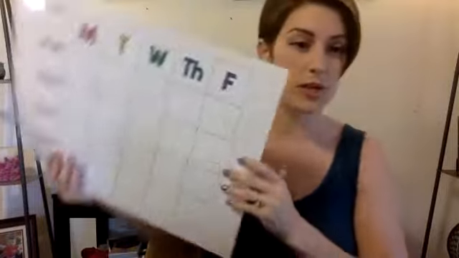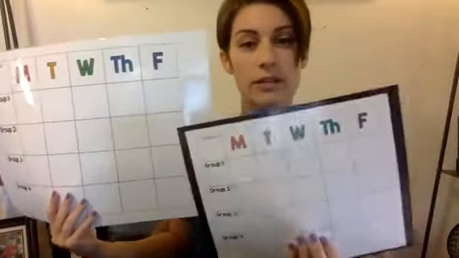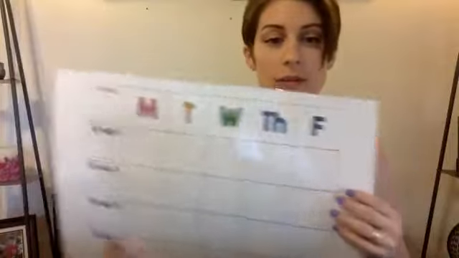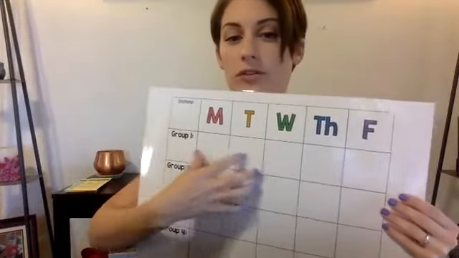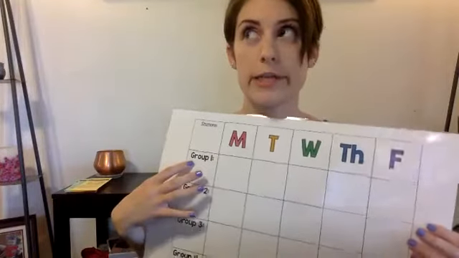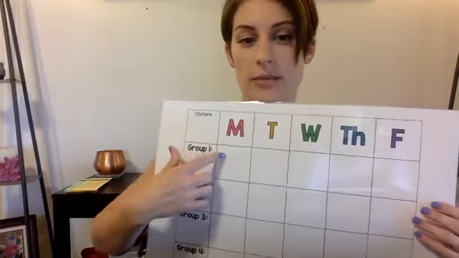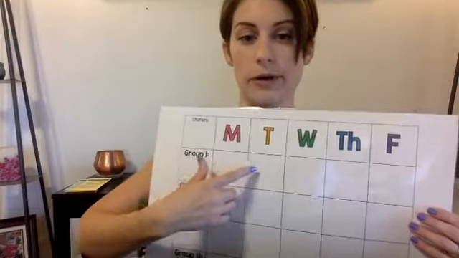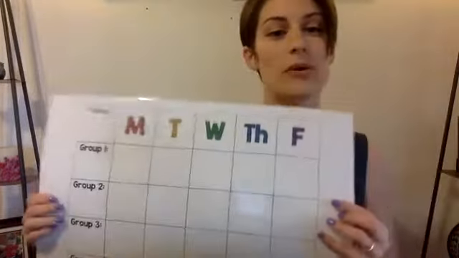I got this blown up. This is what's included in the file that you can download. I got it blown up so that I can write over it. Group 1, these would be my low kids. I'll have to think of a nice name for them. And then like Monday, they might do word work, whatever, and just kind of post this in the classroom.